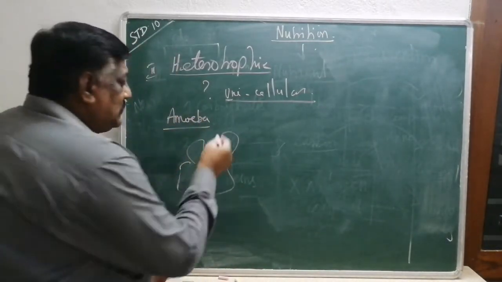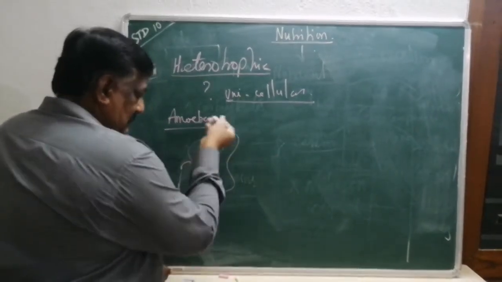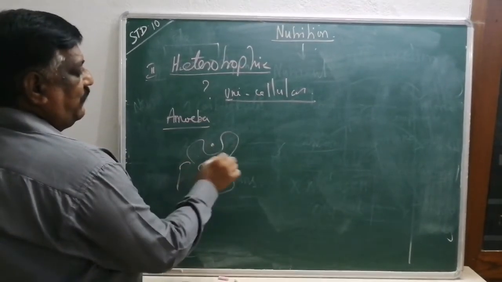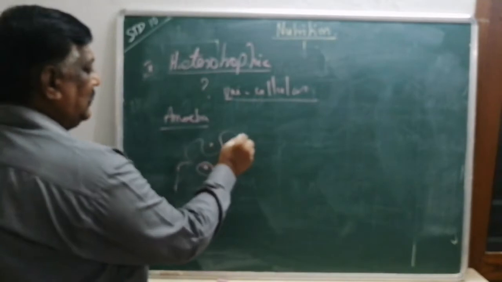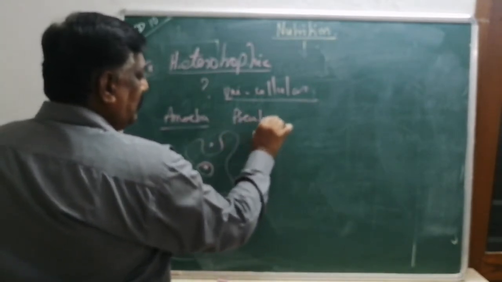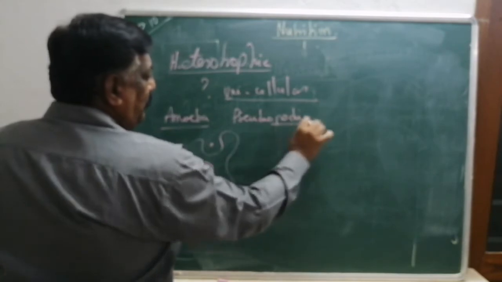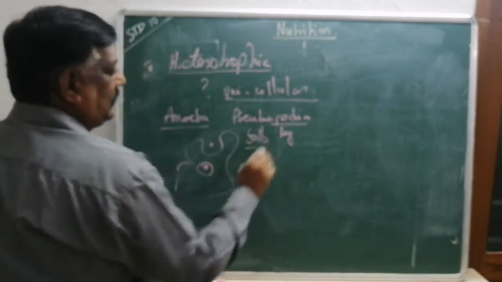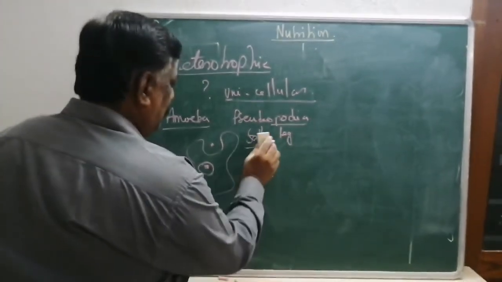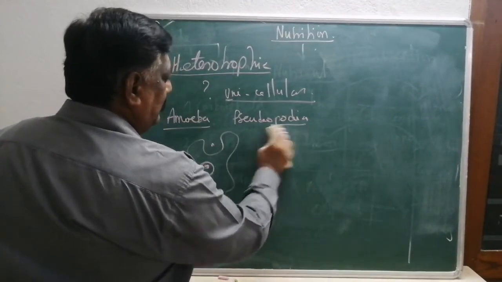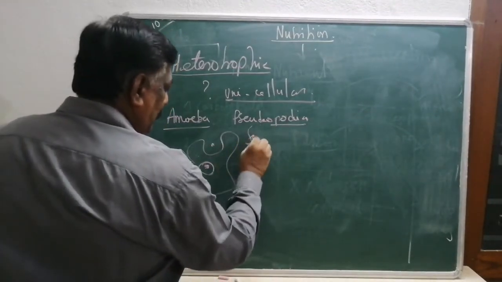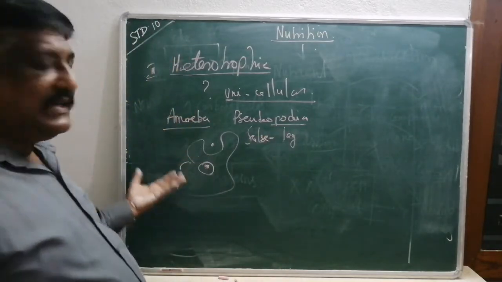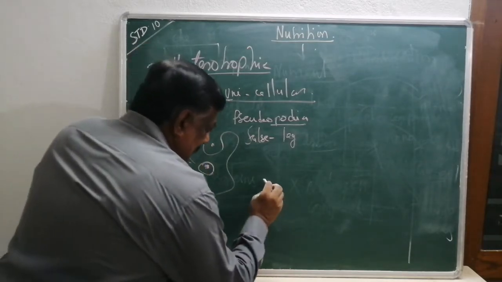That's why we call it an animal. How it consumes. Suppose the food is here. Food is outside. First what it does, it produces its false legs on both the sides. This is called the pseudopodia. Pod means leg. Pseudo means false. False leg. Okay. It's a false leg. Anywhere it can produce. So first it does like this. Then later